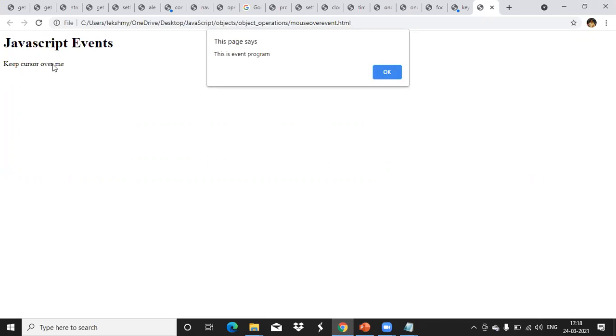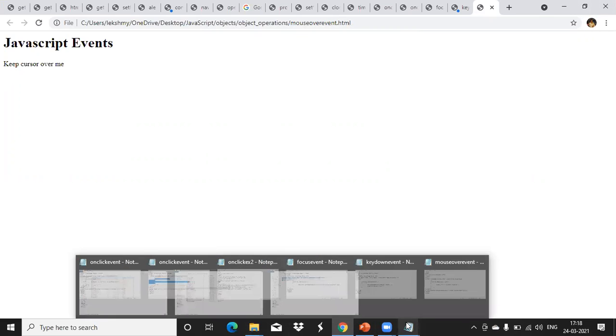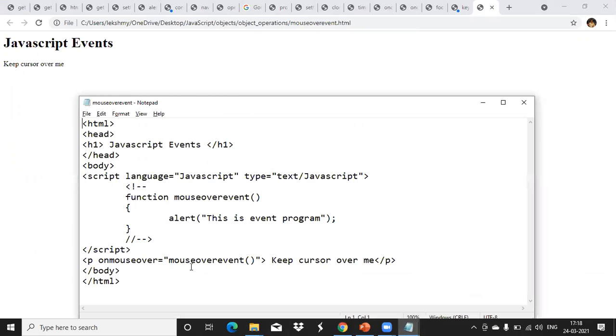Every time you move the mouse over the text value, it will show you the alert message. That is what mouseover is. So the event handler name is onmouseover event. Keep cursor over me like this, a text message we have given.